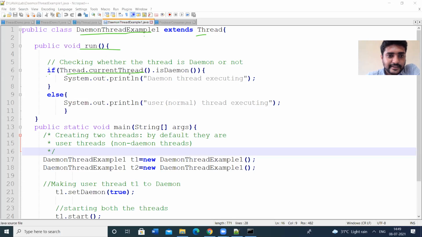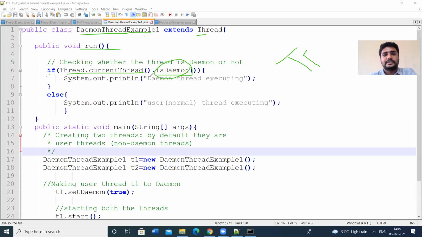Thread.currentThread().isDaemon: isDaemon is a method which is used to return whether the thread is a daemon thread or not. It is a Boolean method which will return true or false.